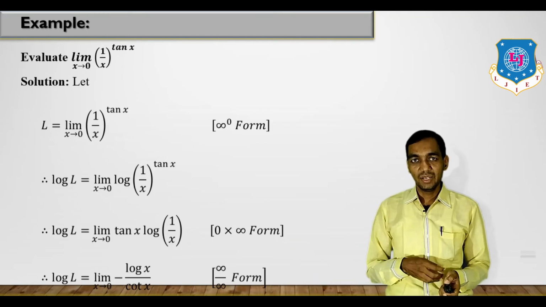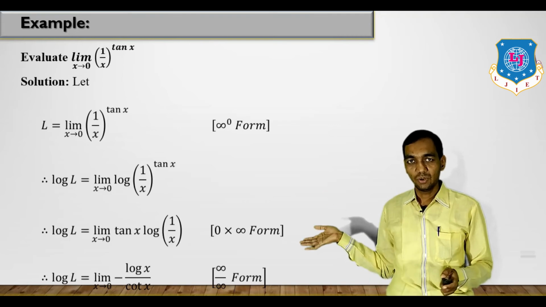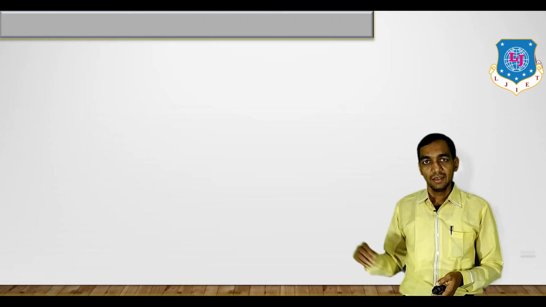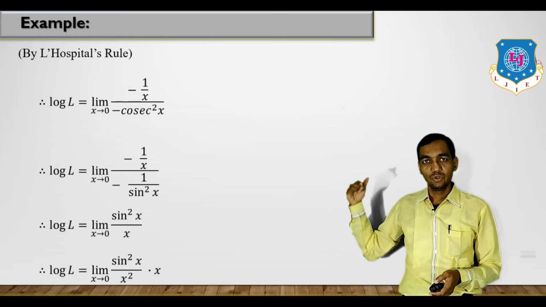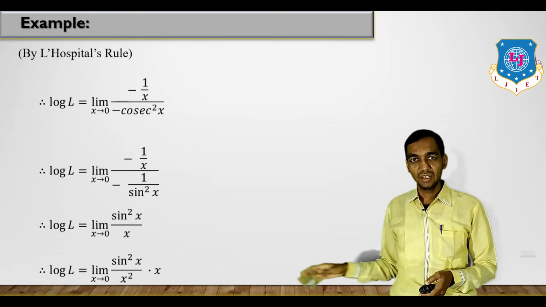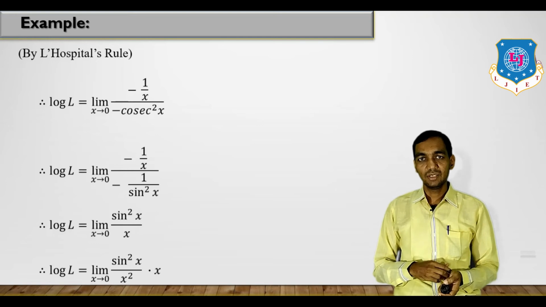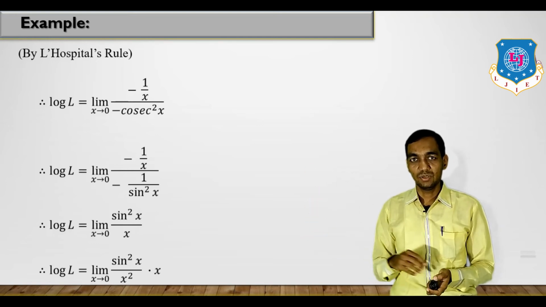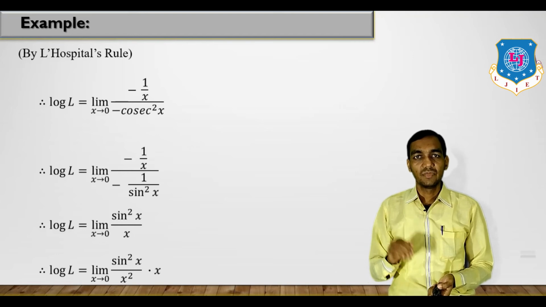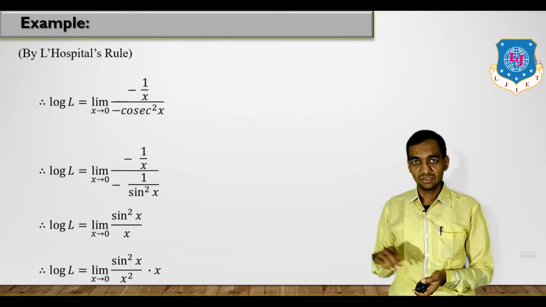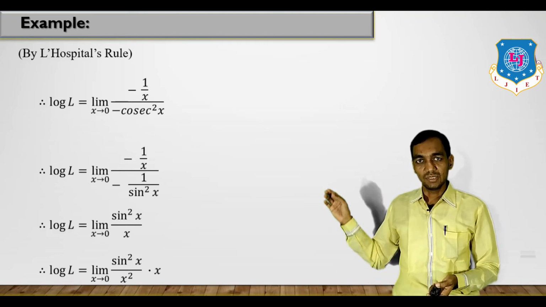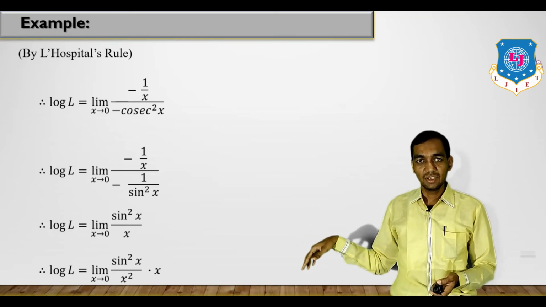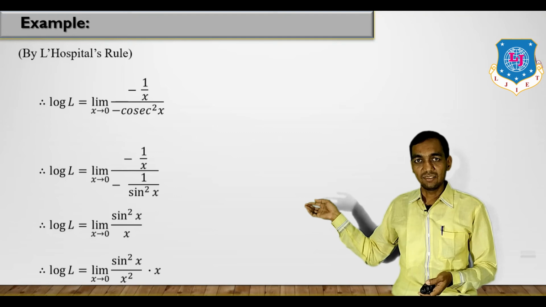And if you apply the limit, then log 0 has a value infinity, cot 0 also has a value infinity. So this is infinity by infinity form. So applying L'Hopital's rule, derivative of numerator in numerator, derivative of denominator in denominator, and that will give you limit x tends to 0 of minus 1 upon x divided by minus cosec square x. Now cot x has a derivative minus cosec square x, minus minus cancel out, cosec square x will be replaced with 1 upon sin square x,